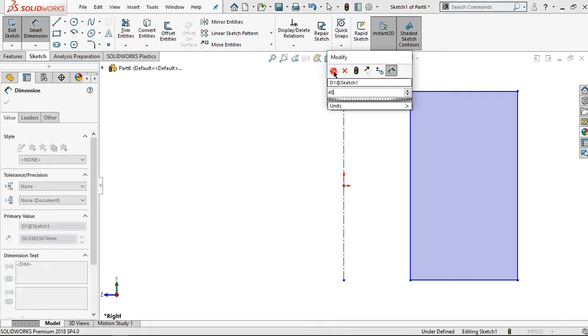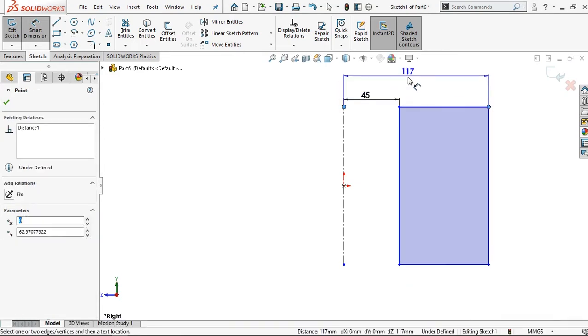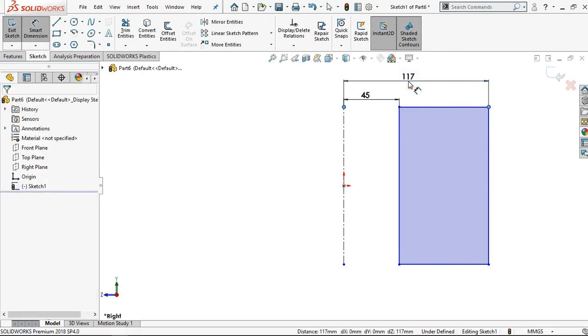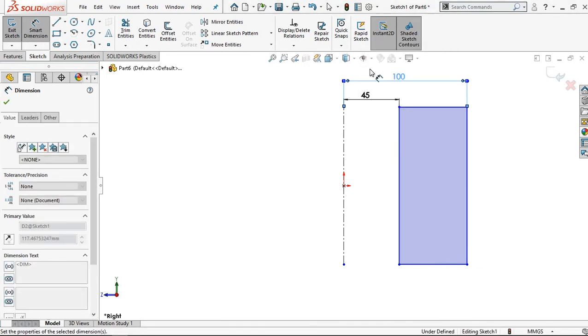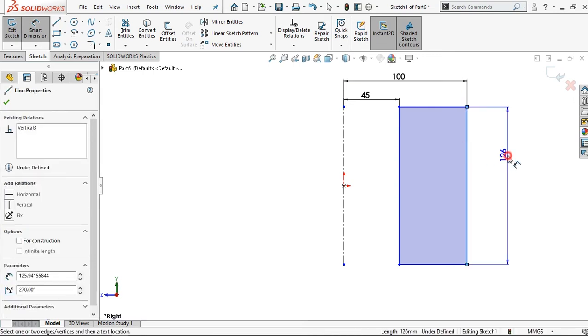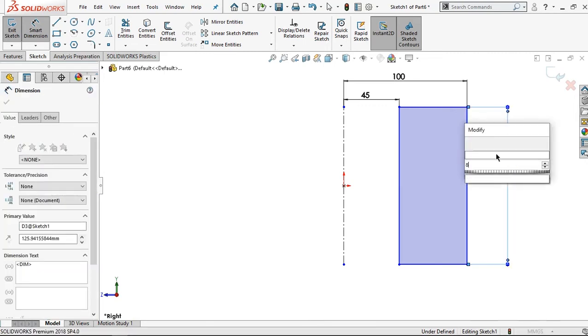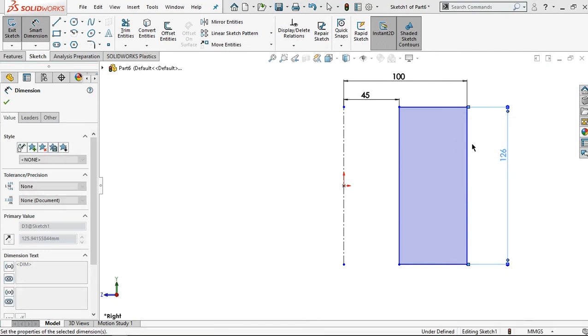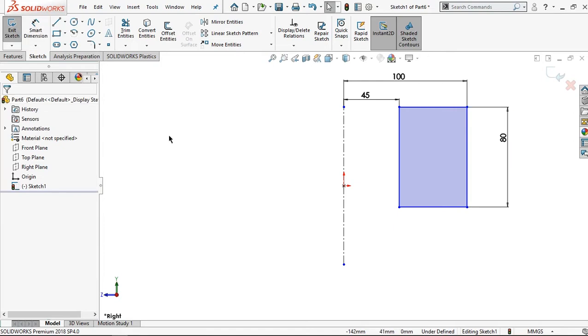Okay, and then next to the other and it is 100 millimeter. Then let's make for this height and it is 80 millimeter. Okay, so that okay, for the next step let's click to this